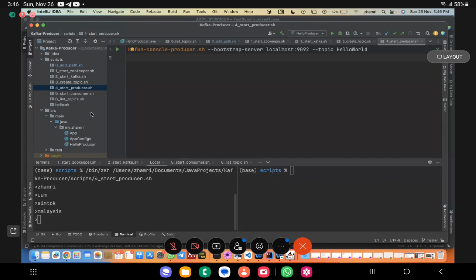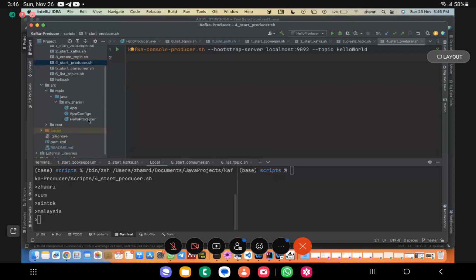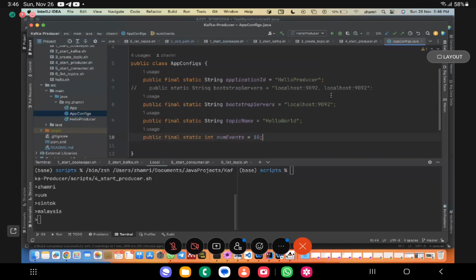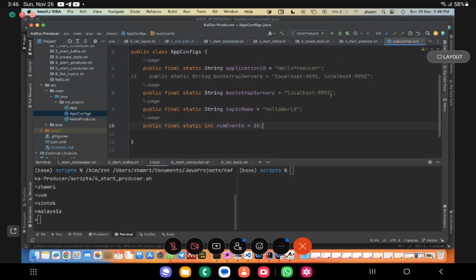And then this is what I asked you to write, to write the producer using Java, right? So it's something like this. You need to create the file. You can put the config file like this inside this. Public static string, so the bootstrap server, topic name, event number and so on. Like this, you can do it like this, or you can do it like